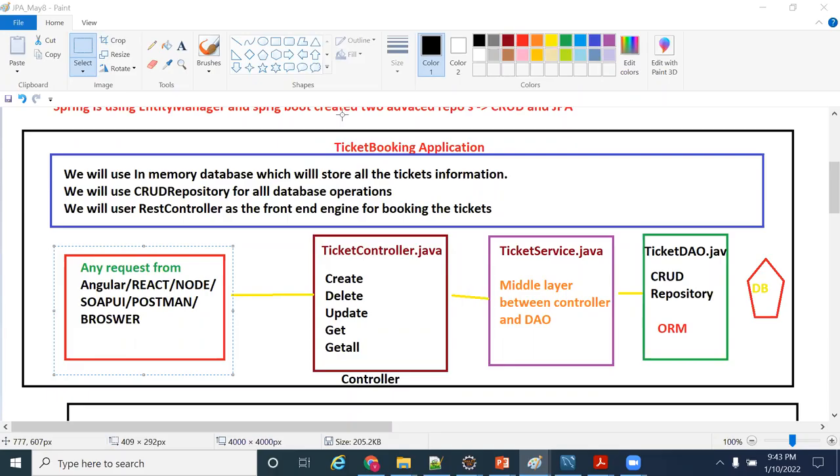Sir, if you are not interacting with anything, just talking to the database at that time? Yes, if you have no transaction management, no logging, no auditing, no event-driven frameworks like RabbitMQ or Kafka, and simply call the database, then there is no need for a service layer. You can write directly. But the best practice is to have a layered architecture like this. Clear, Majid? Okay.